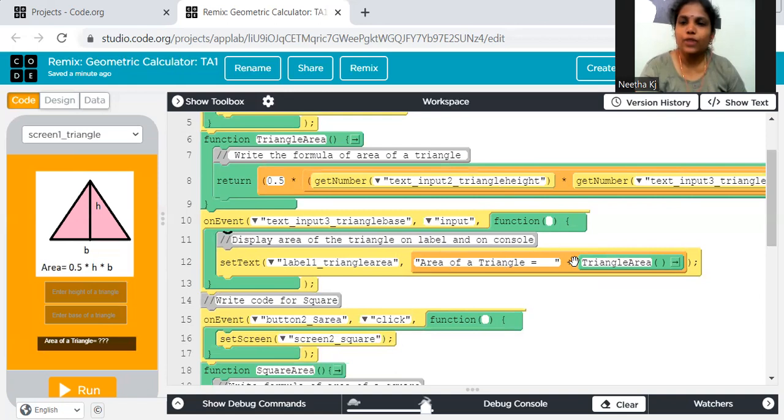What is the meaning of concatenation? It is combining two things. As I said, one thing is the text, that is, area of triangle. It is constant. It will not change. The only thing is the triangle area, that is the value which you're getting from here. That is the value which is changing, right? So that value,